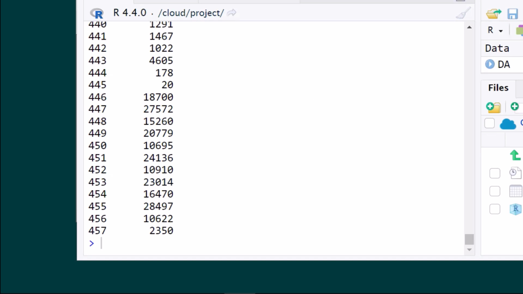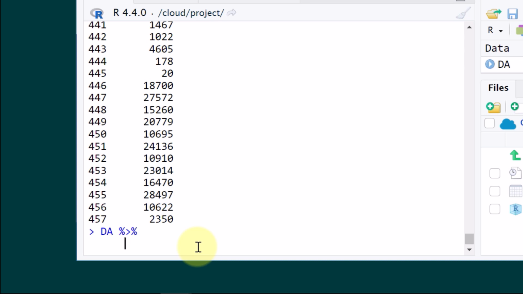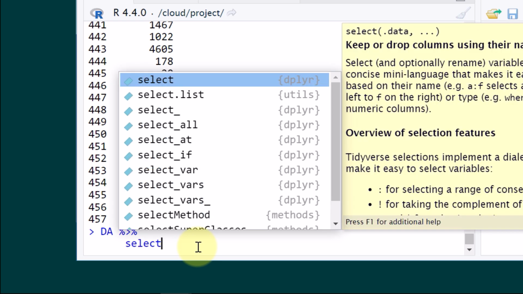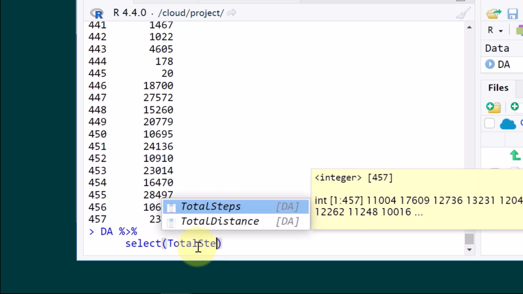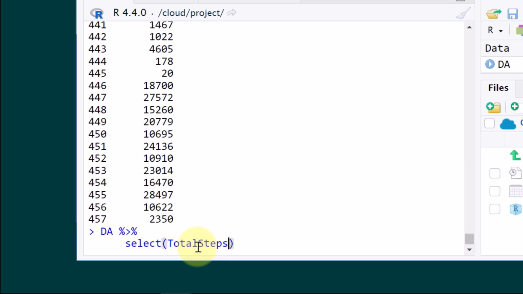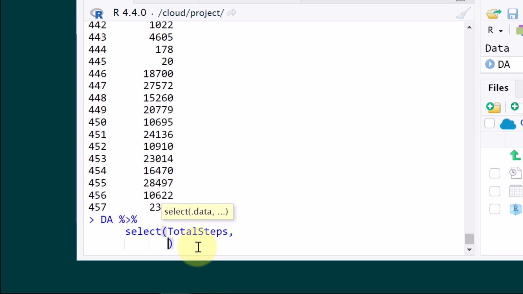So let's get our 5-number summary. DA, space, percent, greater, percent. Press shift enter. So I'm holding down shift, I press enter. It goes to the next line and indents it. Type in select, total steps, comma, shift enter again, calories.